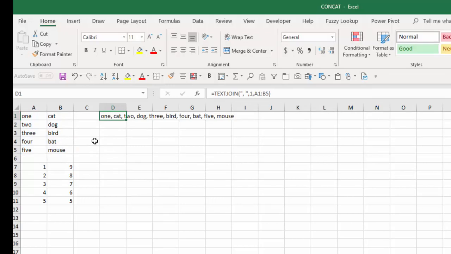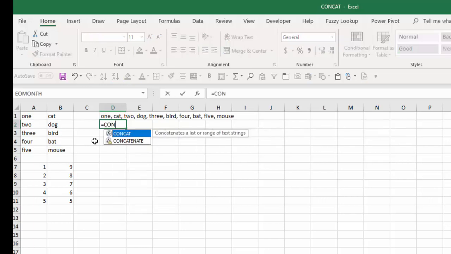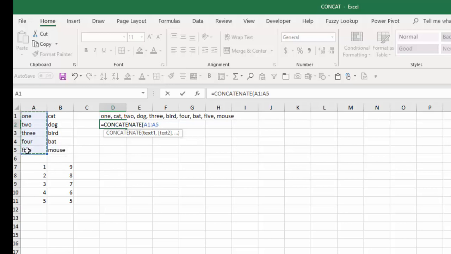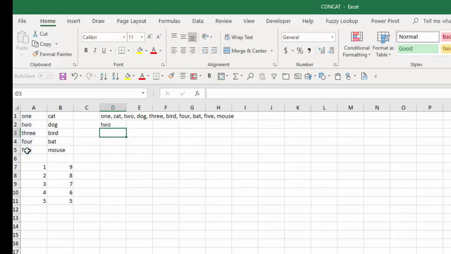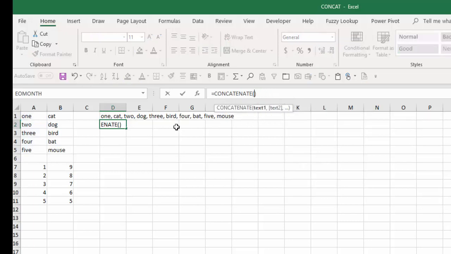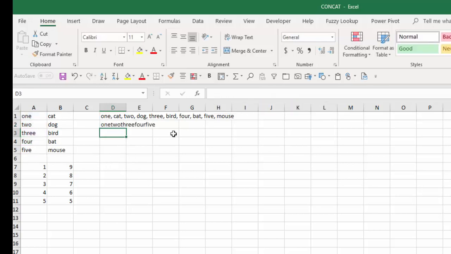With CONCATENATE, if I typed equals CONCATENATE and I highlighted a range, close my parentheses, I would only get one number because CONCATENATE can't handle ranges like that. I would have to actually go through and identify each one individually. 1, comma 2, comma 3, comma 4, comma 5, and then Excel would concatenate those. And if I wanted to put a comma and space, I'd have to put the ampersand, the comma in quotes,